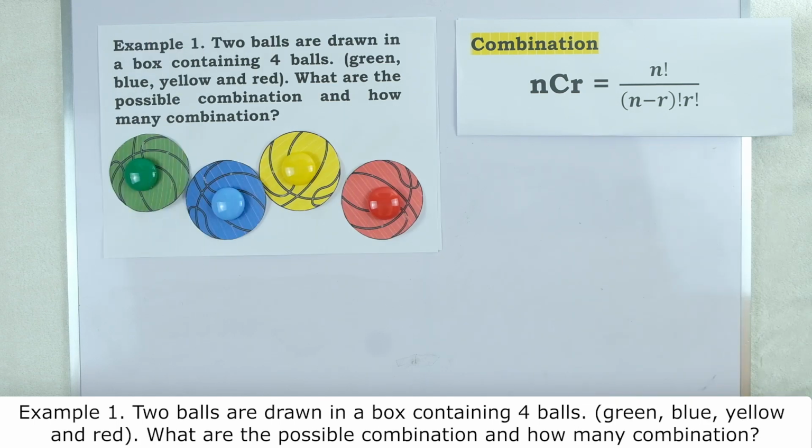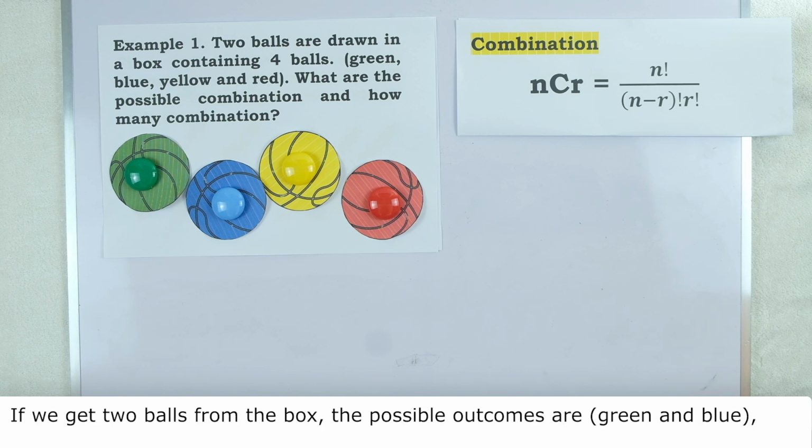Example number 1. Two balls are drawn in a box containing 4 balls: green, blue, yellow, and red. What are the possible combinations and how many combinations? If we get 2 balls from the box, the possible outcomes are